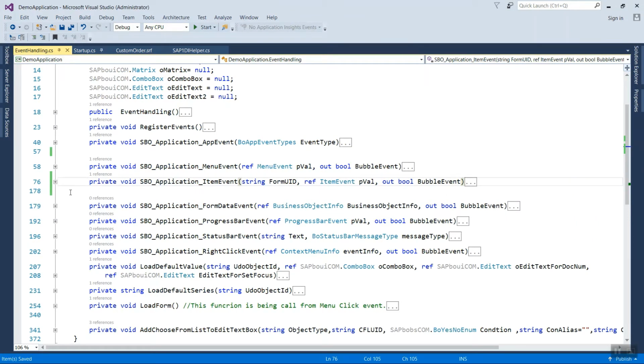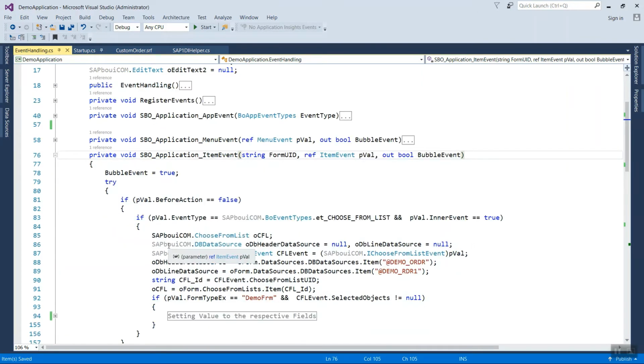Now come to the event part where we will change. The most important thing is that, as I have told you, I'm putting a CFL object so that you can easily select a sales order reference from the list. So I will do all the changes on the after choose from list event. It means after selection of your order reference number, the data will come from the order and populate to your custom UDO form. So this is the item event.